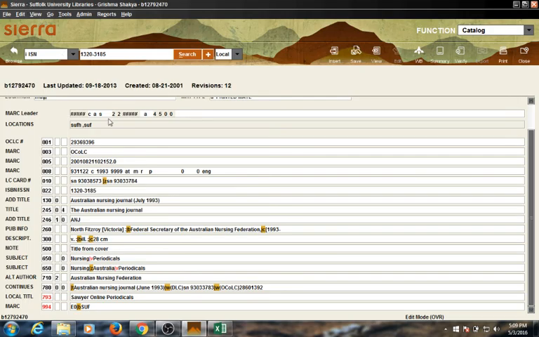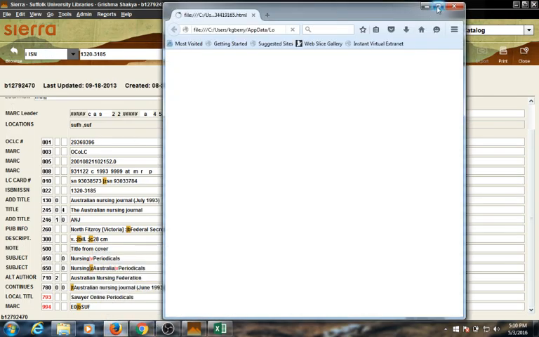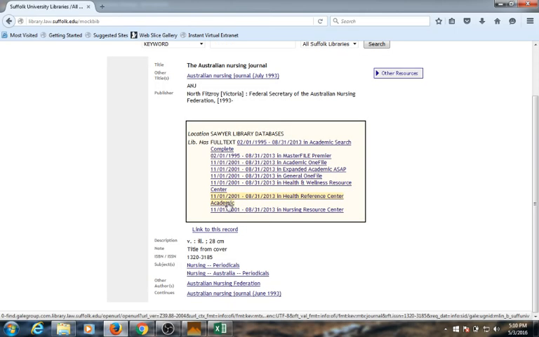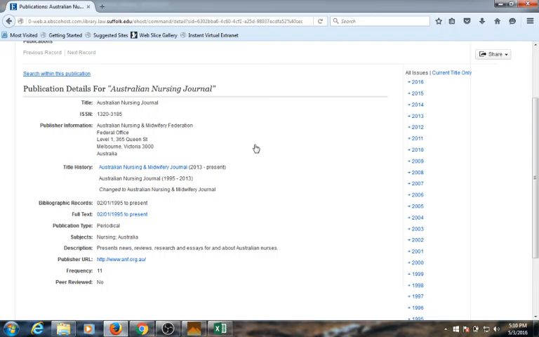If you want to see what this looks like to the public, you just hit view and then the public display. And now it's going to show what it looks like to the public. So this is how it looks to the public. The title and the publisher's name are here, and then there are various links. If you want to, just hit one of them. So yes, this is how